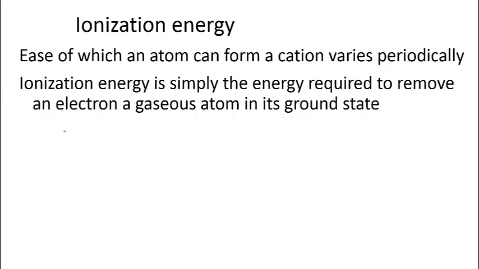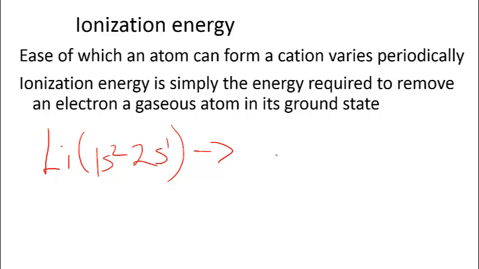If we draw lithium's electron configuration as 1s2, 2s1, the energy required to remove an electron from lithium's 2s orbital looks like this. If we remove this electron from lithium's outer 2s orbital,